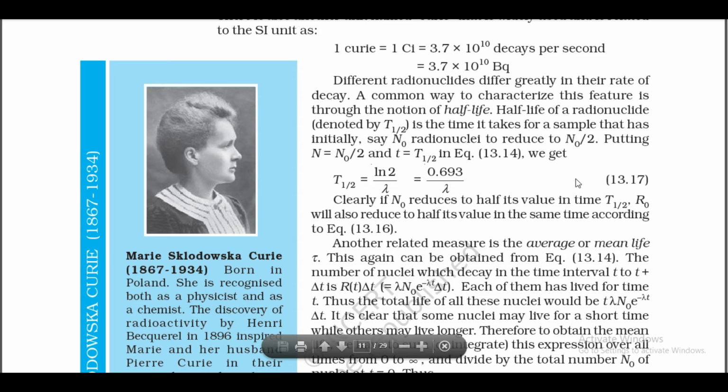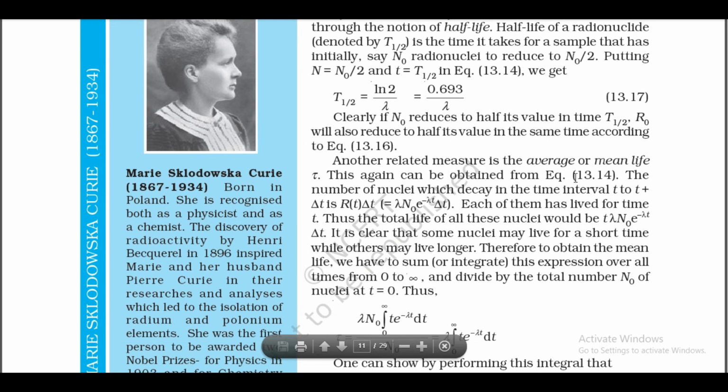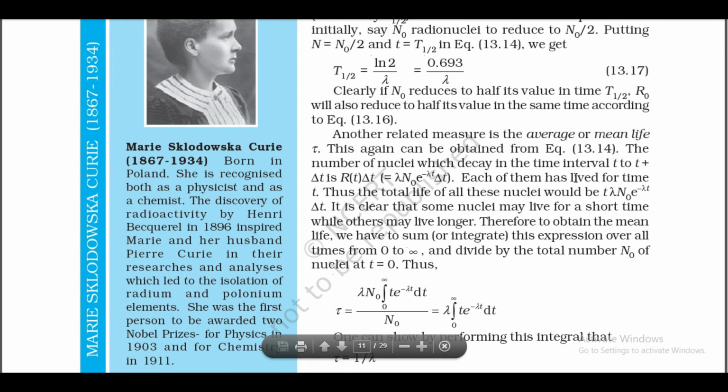Different radionuclides differ greatly in their rates of decay. A common way to characterize this feature is through the notion of half-life. Half-life of a radionuclide, denoted by T_1/2, is the time taken for a sample that has initially, say, N0 radionuclei to reduce to N0/2. Putting N = N0/2 and t = T_1/2 in equation 13.14, we get T_1/2 = ln 2